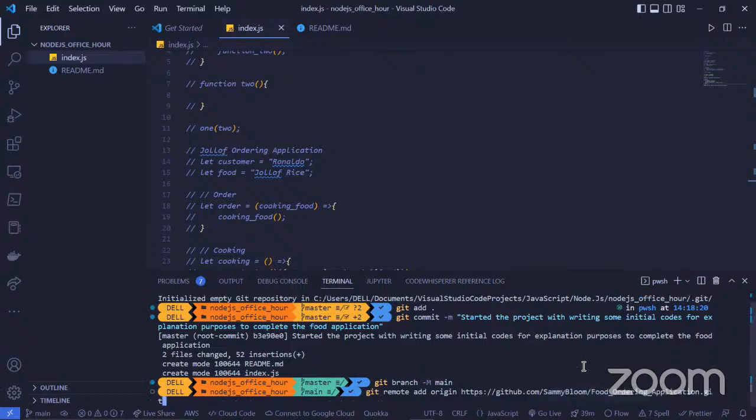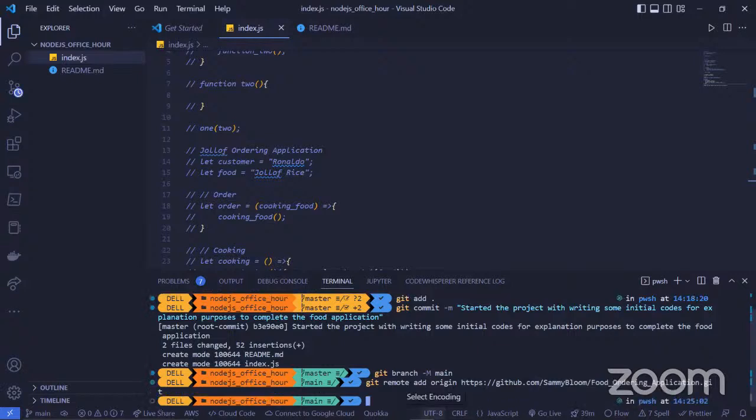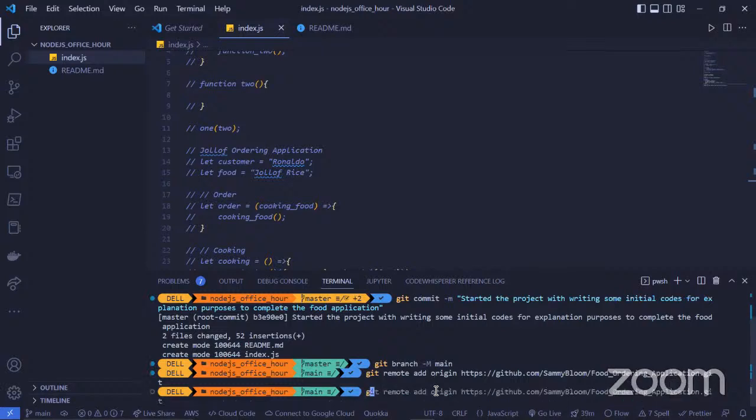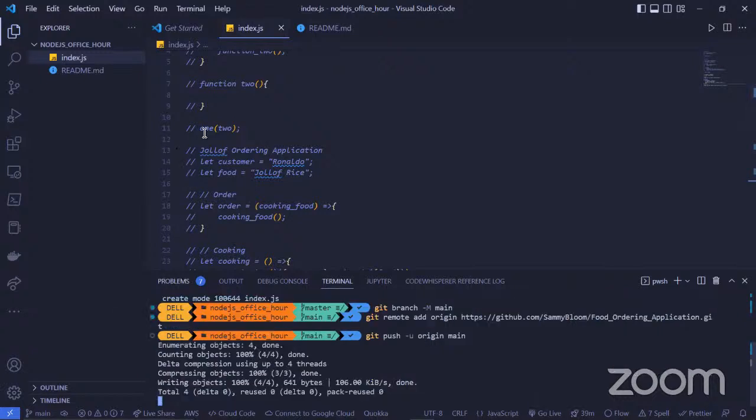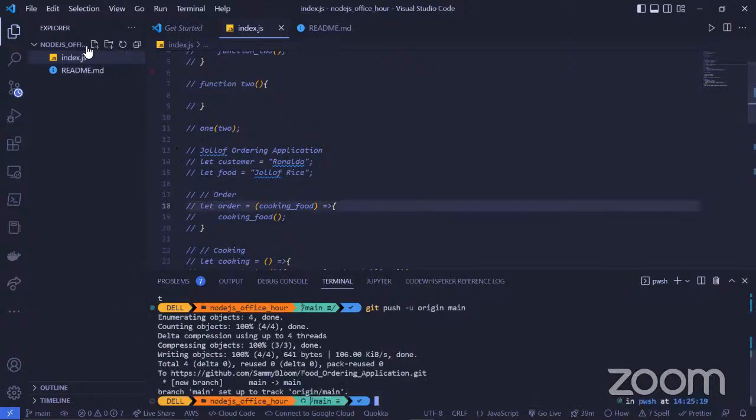Okay, so I think it's the food ordering application. I did copy that. And after that we are going to push our codes. While that is running, one of the things I will want to do is create another file